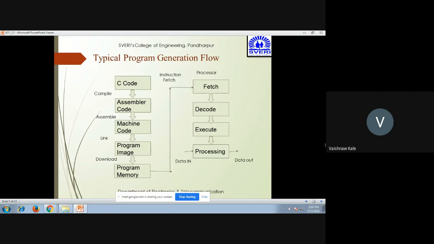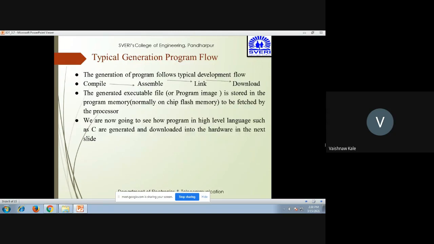Then it is fetched by the processor, decoded, executed, and then processed, where the data in and data out take place. So normally the executable file is also called the program image file, which is stored in the program memory to be fetched by the processor.